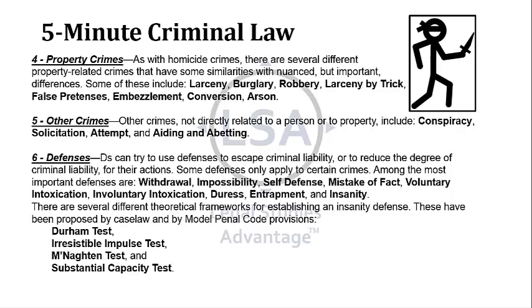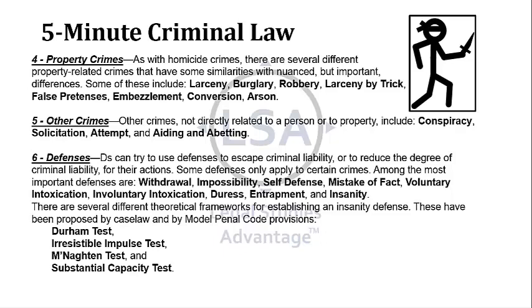Number 5. Other crimes. Other crimes not directly related to a person or to property include conspiracy, solicitation, attempt, and aiding and abetting. Number 6. Defenses. Defendants can try to use defenses to escape criminal liability or to reduce the degree of